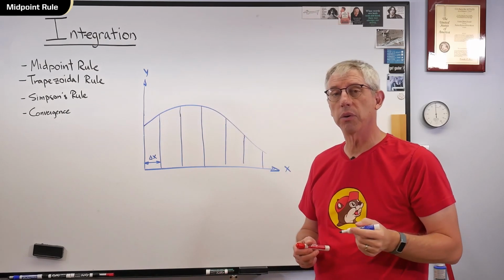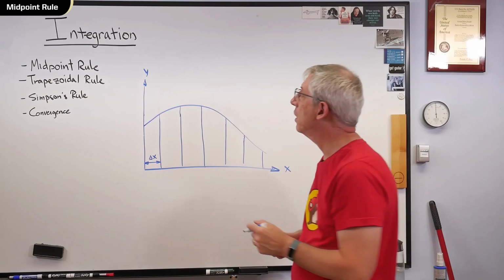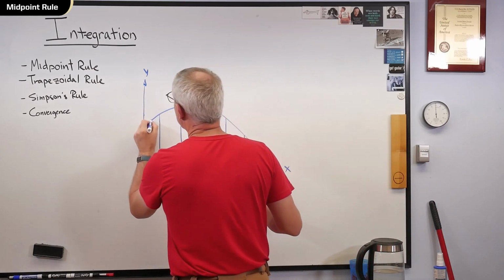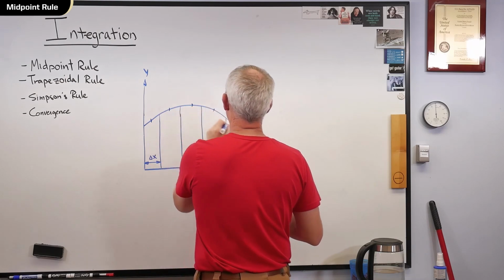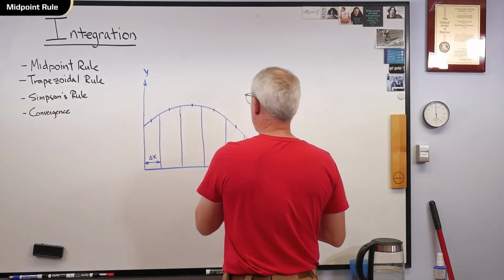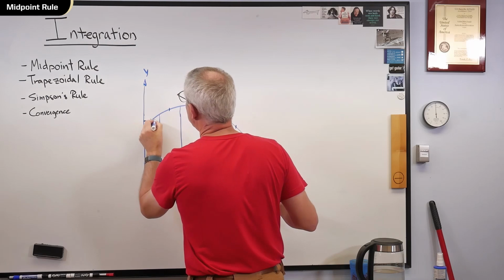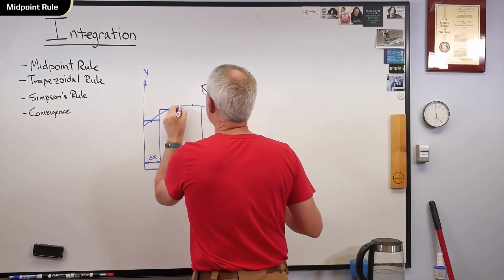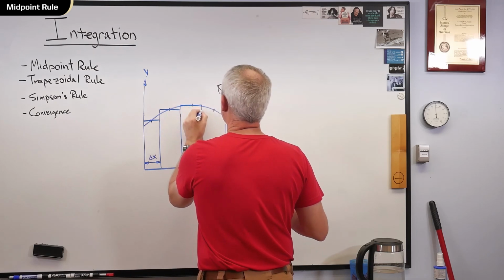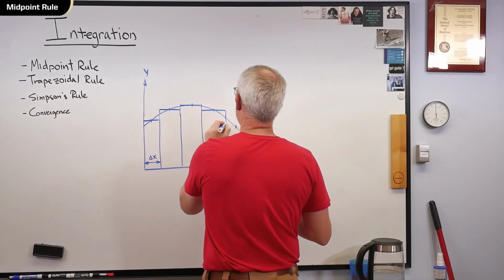Midpoint rule is just about what you think it is. Rather than taking the left side of the box, let's just take the middle. There's nothing wrong with doing it that way. And we're going to set the height of the box based on the middle of the interval rather than one end. And the hope is that by doing that,